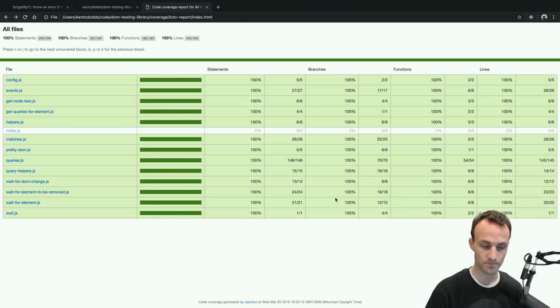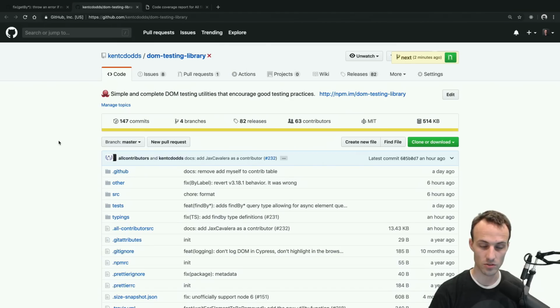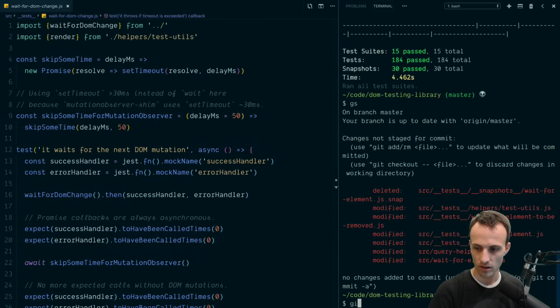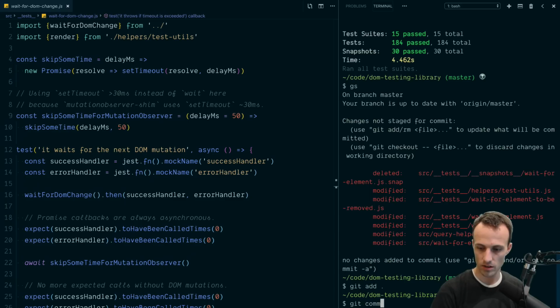Istanbul, that's this tool. And it's a coverage tool. It allows you to track coverage of your project to see if you are running all the lines of your code or what lines of your code you are running in your tests. And so on my open source stuff, I always have 100% code coverage because it's typically pretty easy to do that. Okay, we're going to add all this stuff, commit, chore, tests,